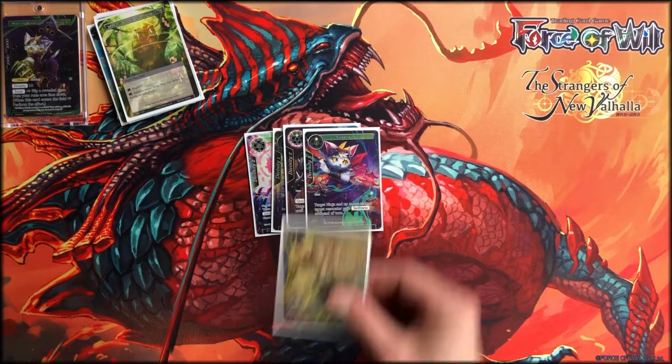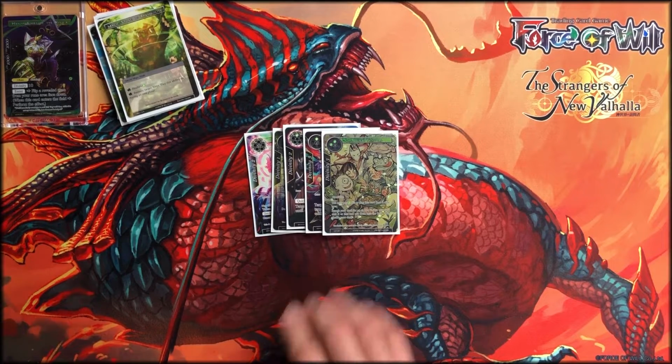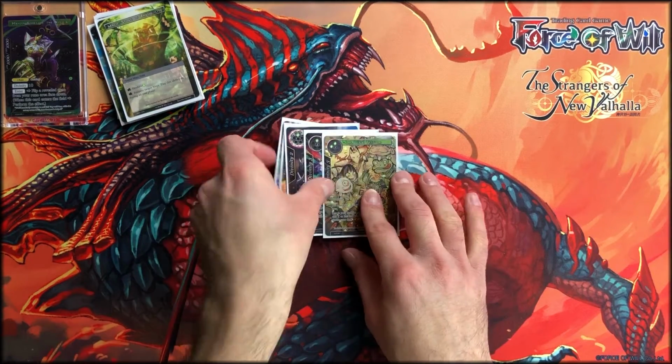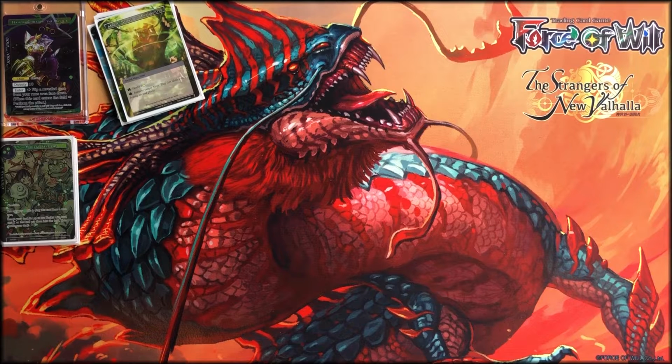And lastly, for a cost of only 1 plus whatever X you pay into it, we have Youkai Festival. Search your deck for up to 2 Youkai with total cost of X or less and put them into the field, then shuffle your deck. I will explain why Youkai is in here in a second. You guys may already know from New Dawn Rises, but you will see in a second. Now, going right into the Resonators,